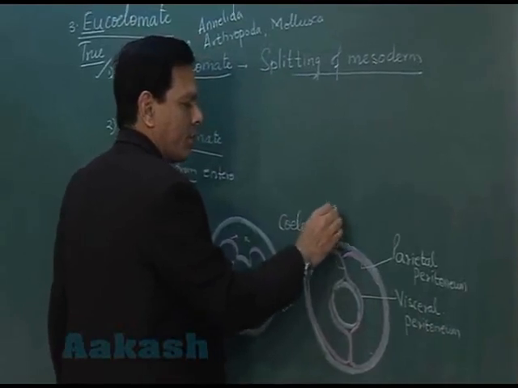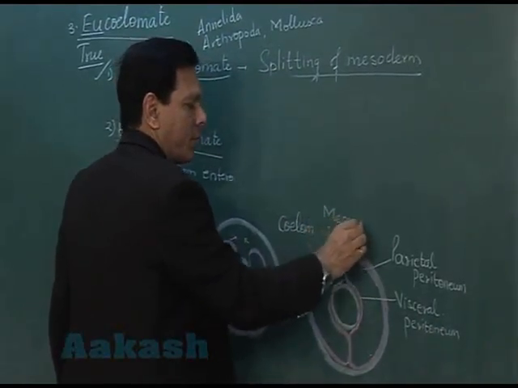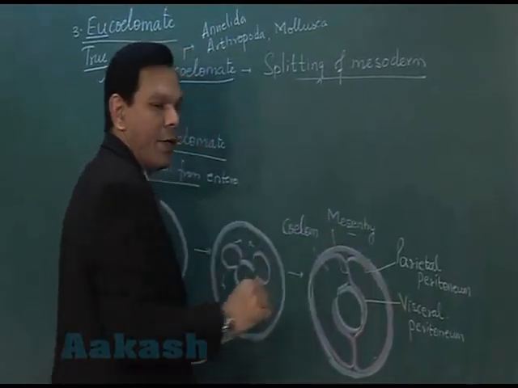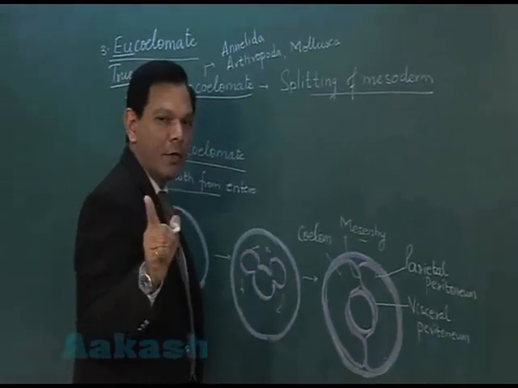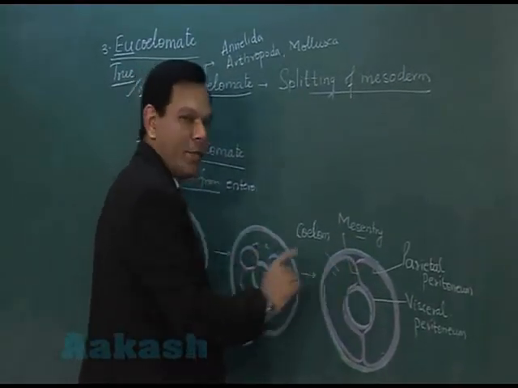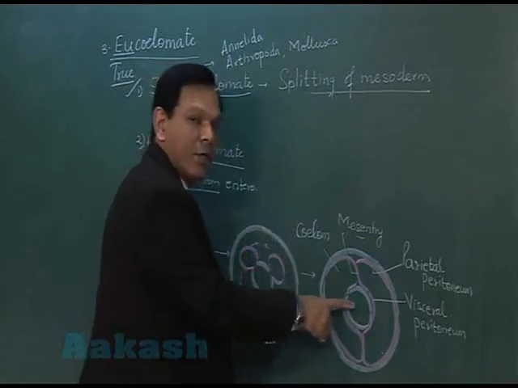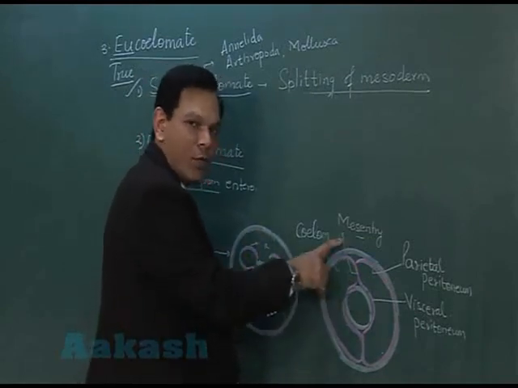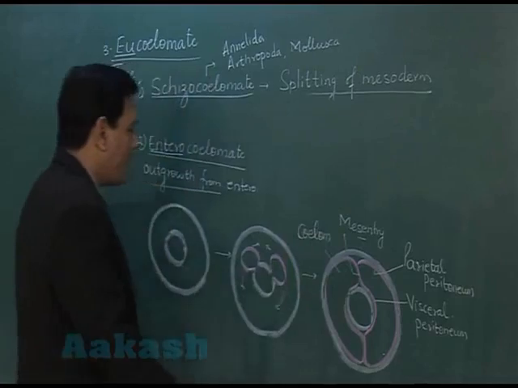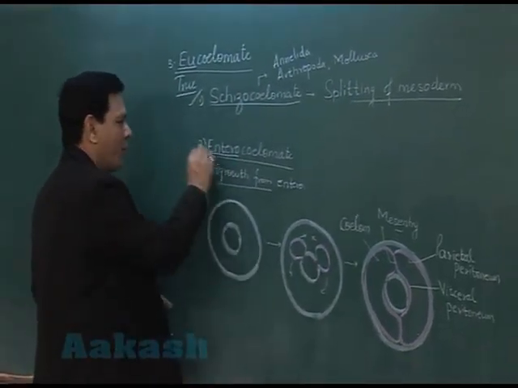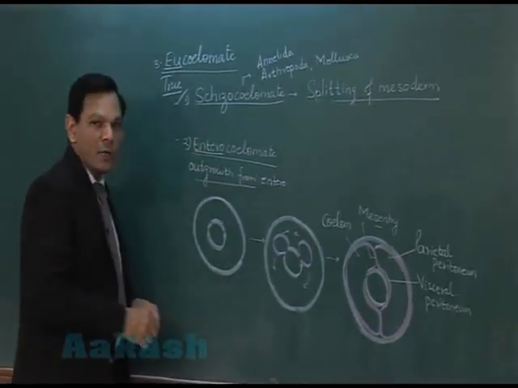That was mesentery. Mesentery का definition, double layer of peritoneum linking the visceral organ with body wall. Clear? So in case this type of coelom formation is there, then we say this category is the enterocoelomate, and